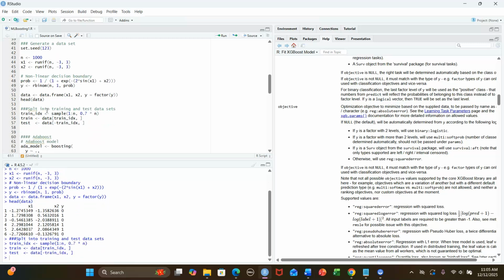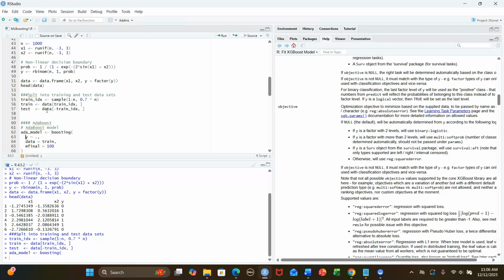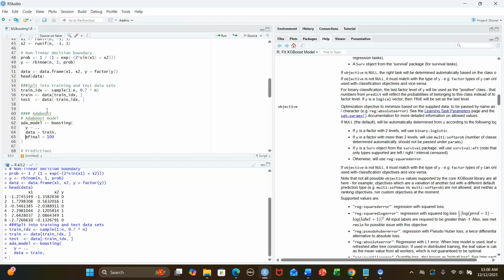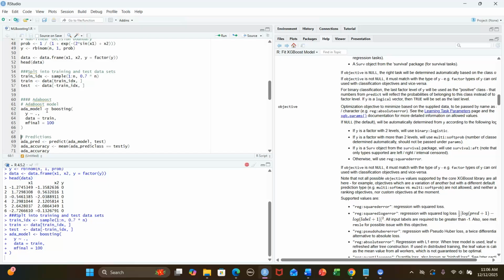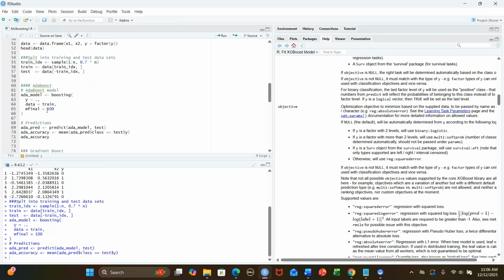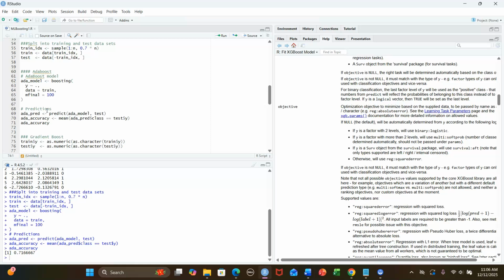Now let's implement the AdaBoost model. We use the boosting function in adabag. So the syntax is ada_model, then boosting, y regressed on all the variables, data equal to the training data set, and mfinal equal to 100. Okay. And then we can do prediction on the test data set, get the accuracy, and print out the accuracy